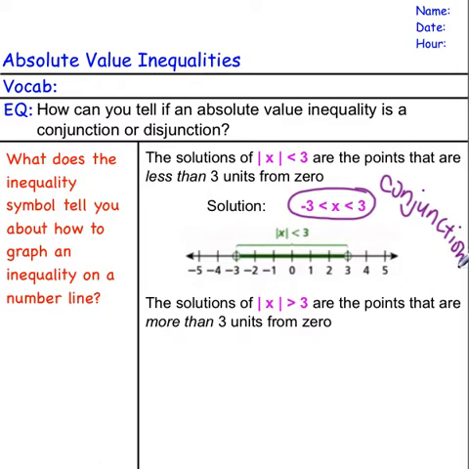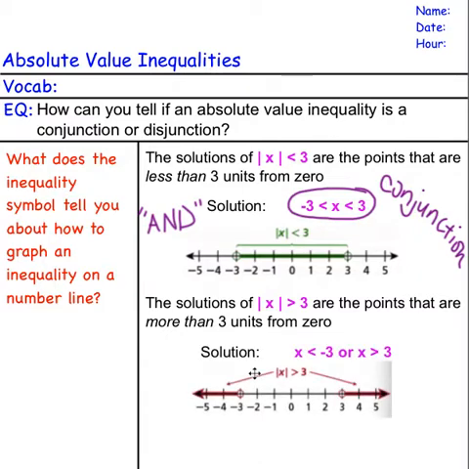and I like to remember that these are our and statements. Now on the other hand, if you have the solutions to the absolute value of x is greater than 3, these are going to be those points that are more than 3 units from 0. So if we graph that, we graph on opposite sides of negative 3 and 3, which ends up creating a situation where x is less than negative 3, or greater than 3. And it would graph on the outside. These are our disjunctions,